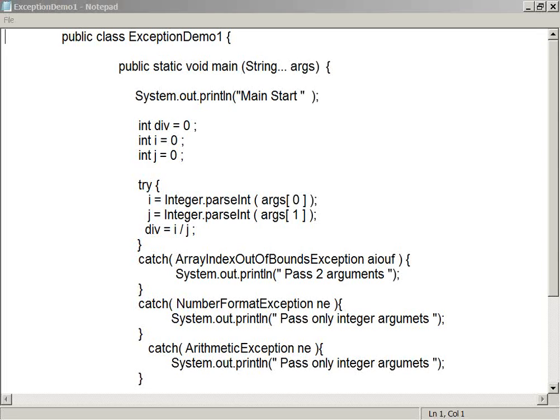So we are left with two keywords here. One keyword is throw, which we'll discuss today, and the last keyword from exceptions is the throws keyword. And today we'll also see one more concept called customized exceptions or user-defined exceptions, so writing our own exception classes. This is what we are going to see here.